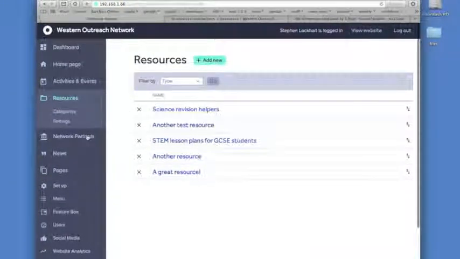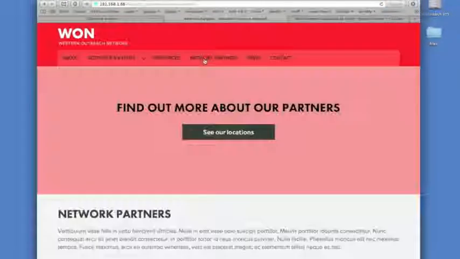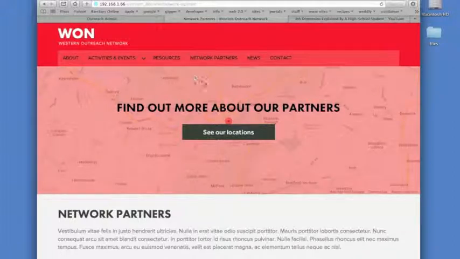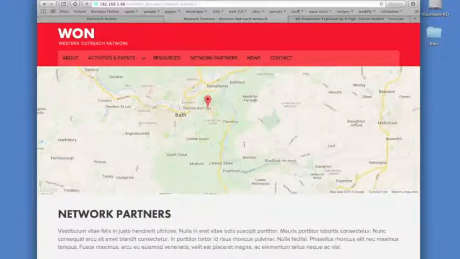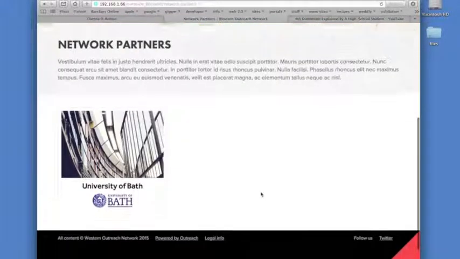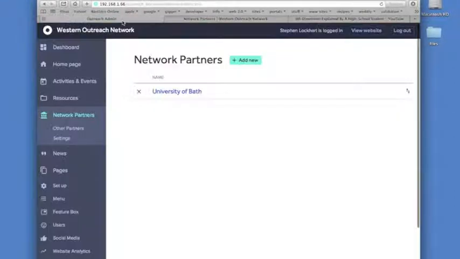So let's come into network partners. On the website, I'm going to come into the network partners section, and what you'll see is we have an introductory strapline. We have a map behind this with a button to see our locations, so I can click on that and view the map. We have some introductory text, and we have all the list of partners in the website. We've already got one added for the University of Bath, but let's just add another one